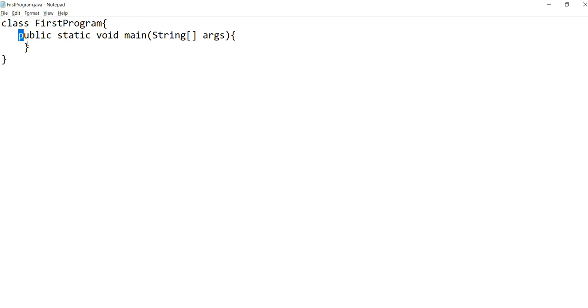Whenever you create an opening brace, immediately you can close the brace, and after that you can write whatever code you are writing inside. For public static void main, again it's a starting tag and ending tag, so it must contain a starting and ending tag. Within this, I'm writing System.out.println. Here I'm writing my message; you can write anything.